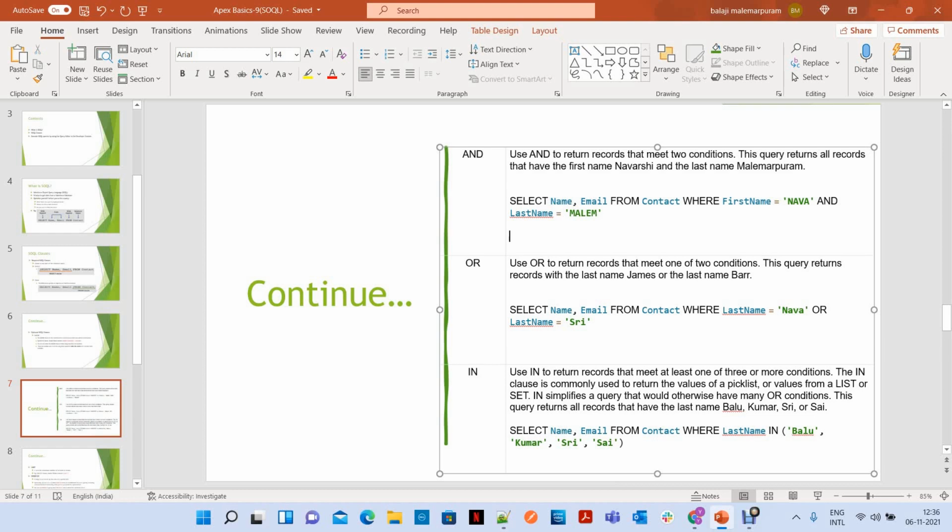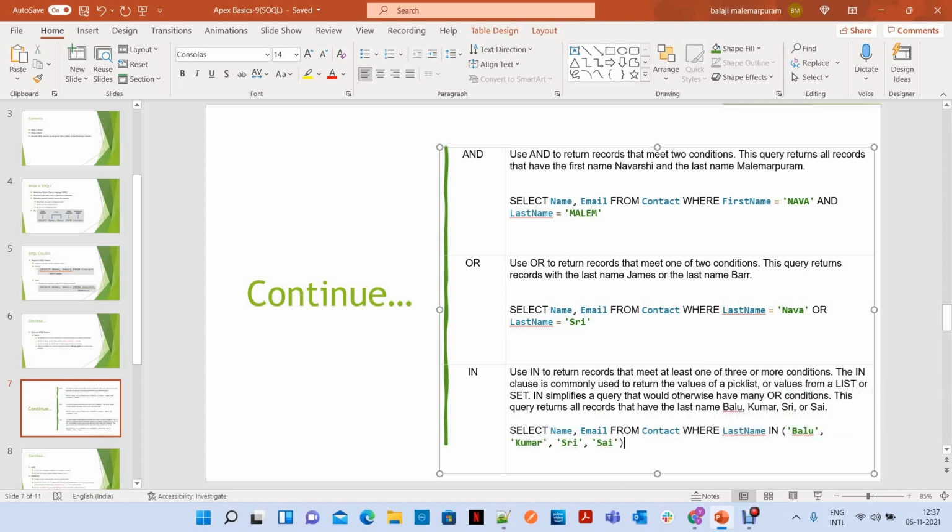If you try to understand, it's just like English. The only thing is you have to know the keywords or clauses here. It's just a syntax you have to follow. And if we observe the in operator here: select name, email from contact where last name in Balu, Kumar, Sri, Sai.